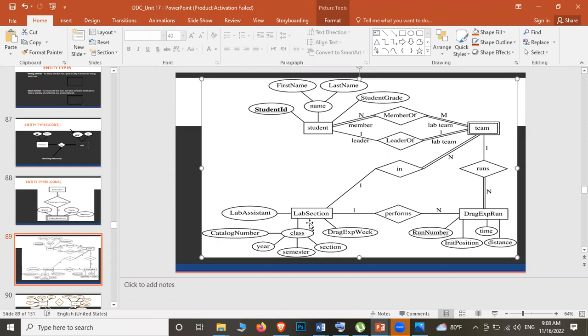Then we are having that left section and the team. Likewise, sometimes there may be a team, but without a team also the left section can exist, isn't it? So that is why two lines have been added into this. And the left section performs drag x run, so I don't know what it is. So these are the relations. You just have to understand these multi lines. That is why I just showed you this picture.